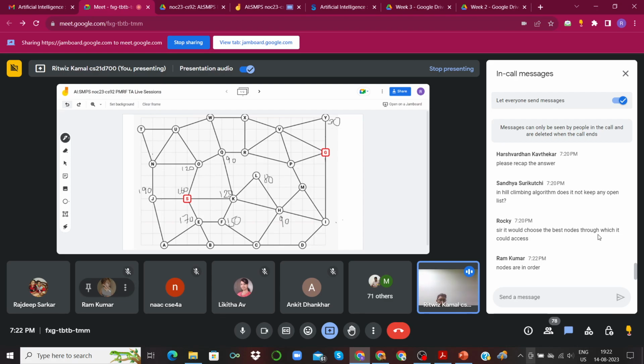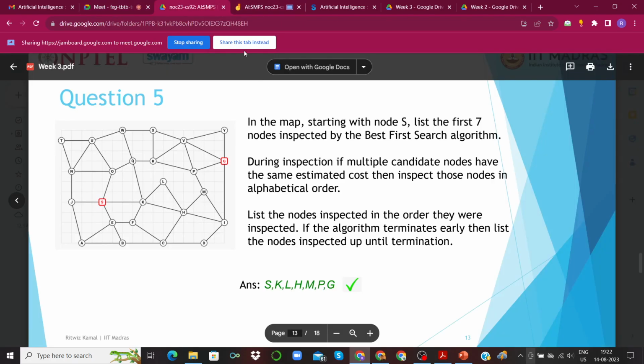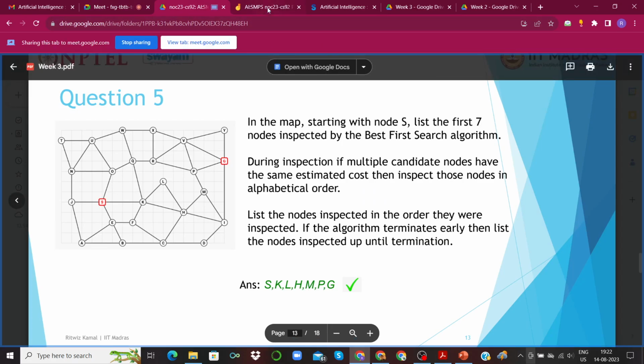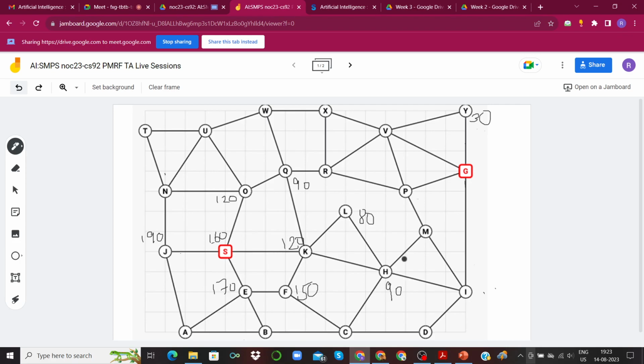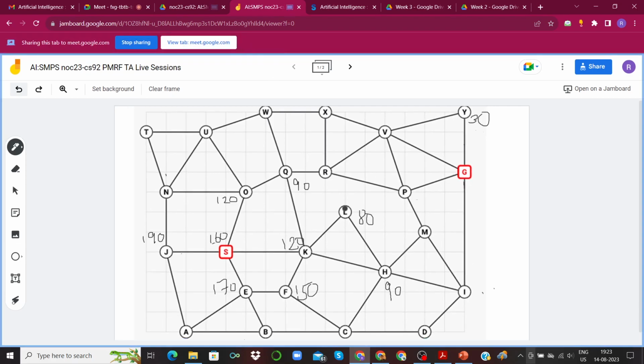It would choose the best node through which it could access. Sorry about the confusion earlier. From L, it'll go to H, because that is the best looking path from there on, and since it is maintaining a priority queue, H and Q are the possible options that it'll go to.